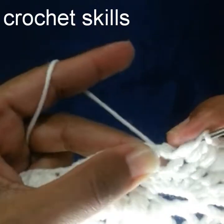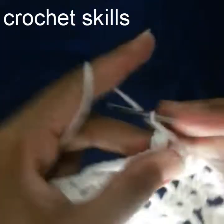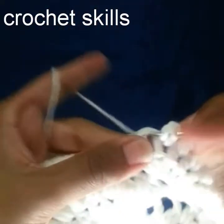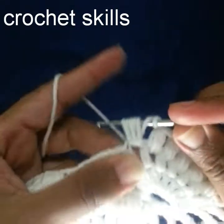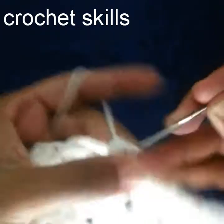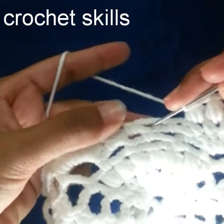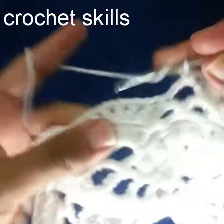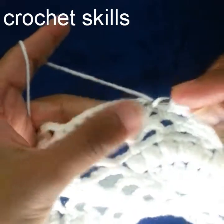Every time we will work in 7 double crochets, then chain 1, and then 6 puff stitches. So from this point to all the other work of the square, we will work in the same way. Only the first flower and its making is a little different, and then we work in the same way till the end. As you can see how I'm working